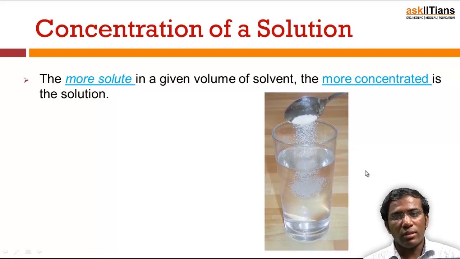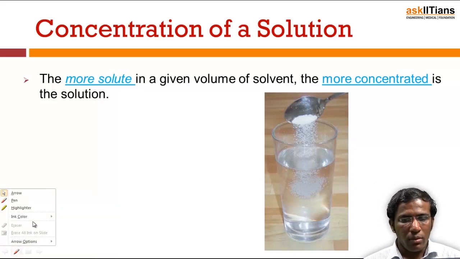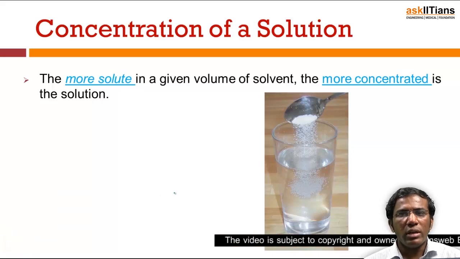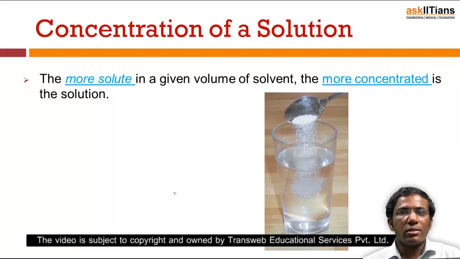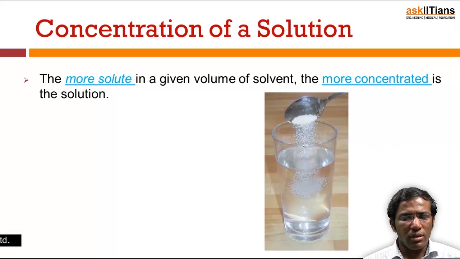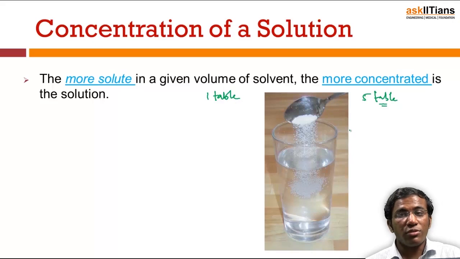And the second salt solution I am preparing separately, and I have taken the same volume of water. I have taken 100 ml of water only, but instead of 1 tablespoon, I have taken 5 tablespoons of salt, and I added that salt to water. Okay, so which solution is more concentrated? Is it the one which is formed from 1 tablespoon, or the one that is formed from 5 tablespoons? Which is more concentrated? Here the one that is formed from 5 tablespoons is more concentrated, because it contains more